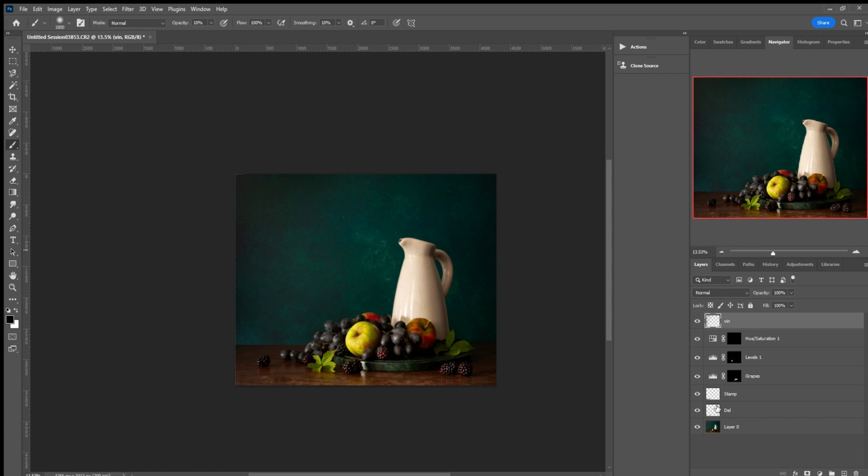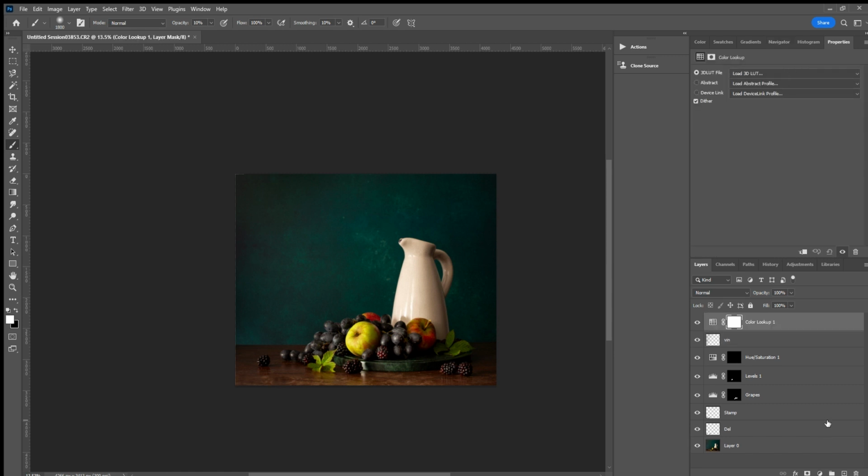The final thing I'm going to do on this image, because I don't want to spend loads of time on this one, is a thing called colour lookup. Have you heard of LUTs? LUTs. This is a big thing about LUTs, but if you click colour lookup when you go on the yin and yang,